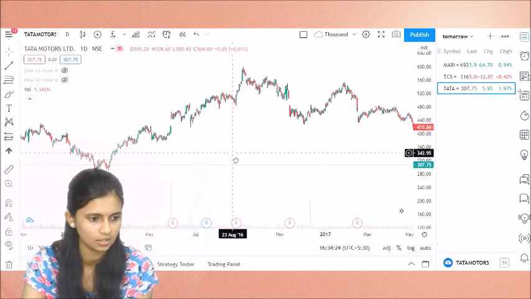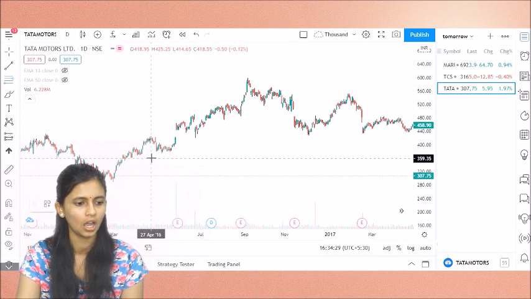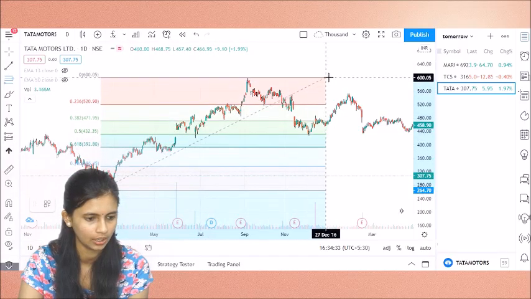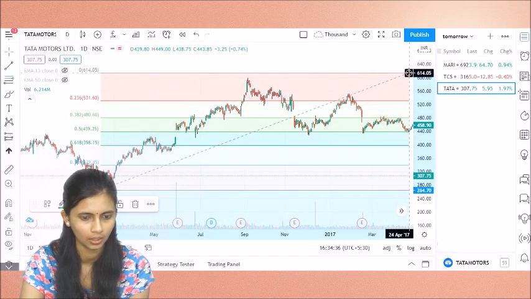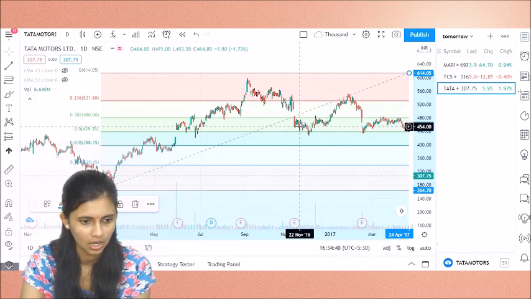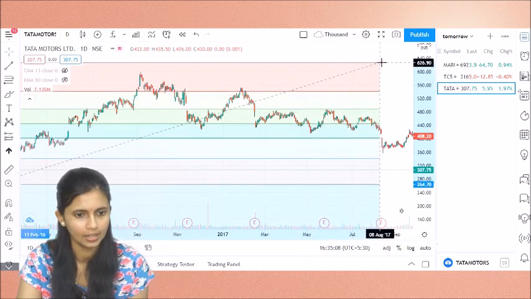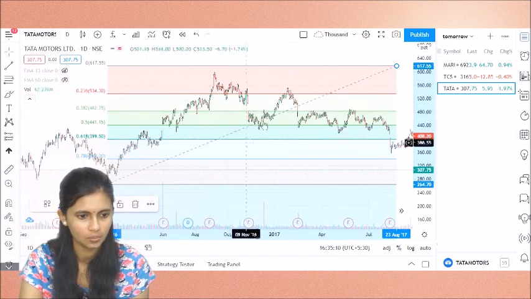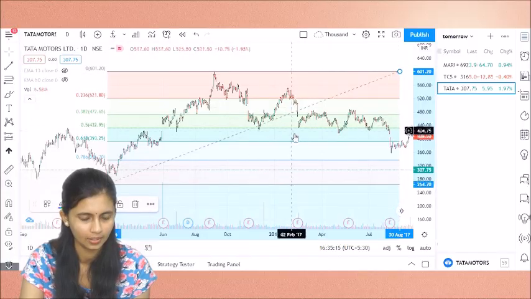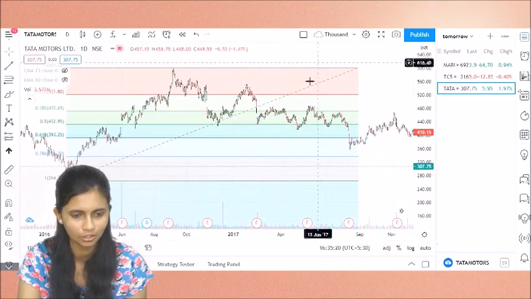Here if you consider this stock, it is in an uptrend. If it is an uptrend, how will you apply the Fibo? You will have to draw the Fibo from below to above. If you go on checking here, the stock took support at this 0.5, right? Then after that it constantly took support at this level, that is at 0.5, right? Here it took support at this level, again at 0.5 it took support, again it took,